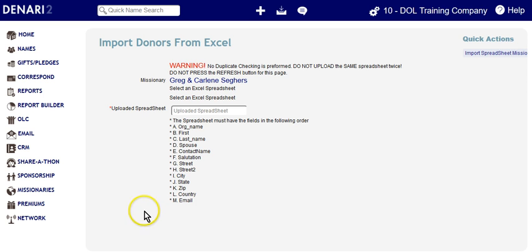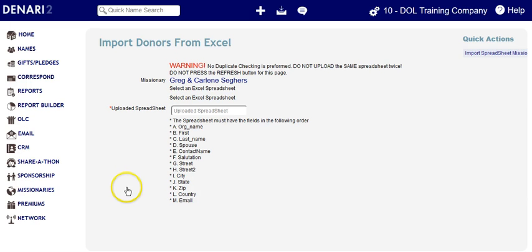When a missionary logs into their page, which you'll see in the next video, they are able to make changes to address, phone number, emails, etc. by default. Those changes are made to your live Denari data. The change they make in their page is made in your name records. Some organizations like that because it reduces the workload for the office staff. Some organizations do not like that because they're afraid that their missionaries might make mistakes and would prefer that be